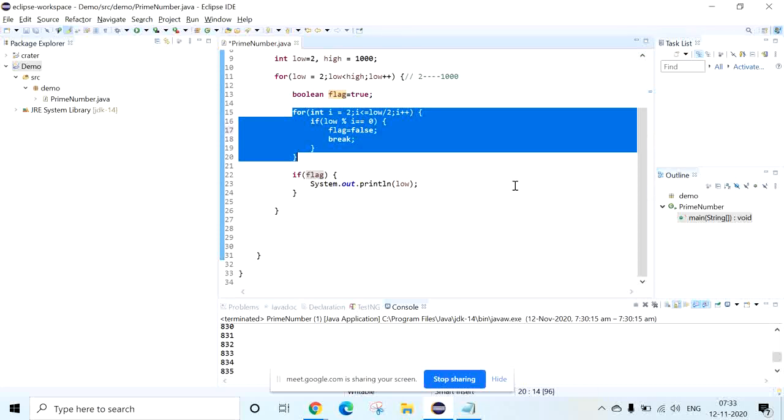Got it? Why are we using flag now? Okay, sure. Yes. See, that's the main use of flag.